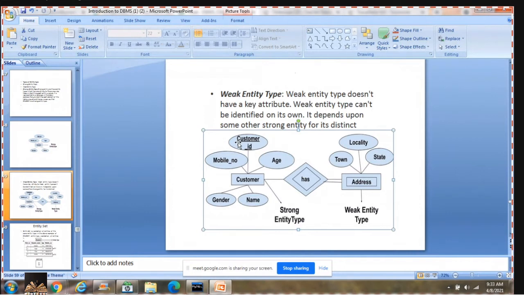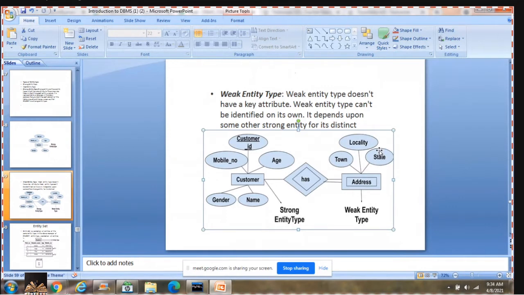Now talking about address, I've got three attributes. The first one is town, the other one is locality, the other one is state. There might be n number of customers living in the same town, same state, same locality. I've taken only three attributes here.